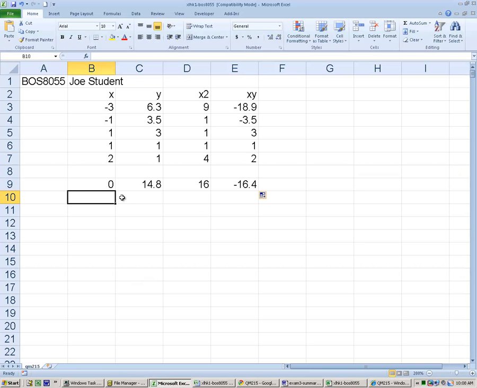Just so that we know what we're doing, we'll label these. This is the sum of x, sum of y, the sum of the x squares, we'll call it sum x2, and the sum of the xy's called sum xy. Going to mark them all, right justify, and go. I'm going to do this on the others also, just quickly,